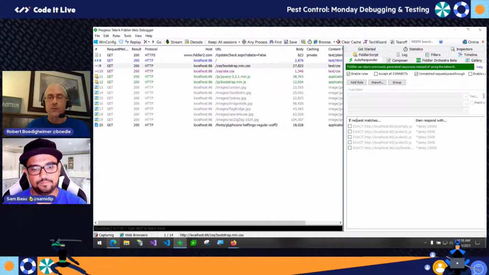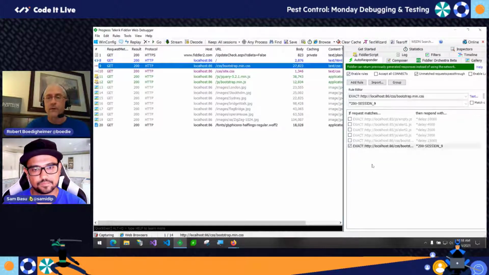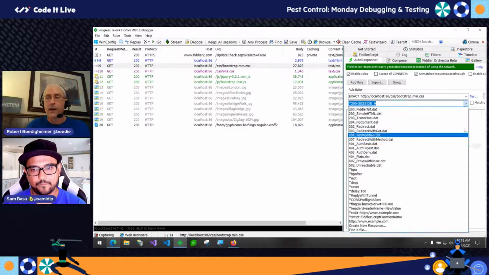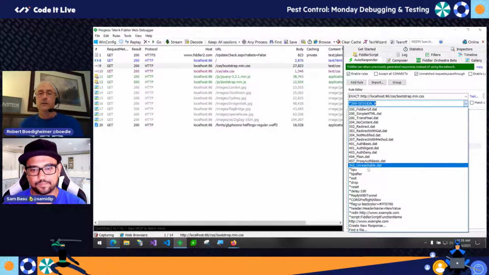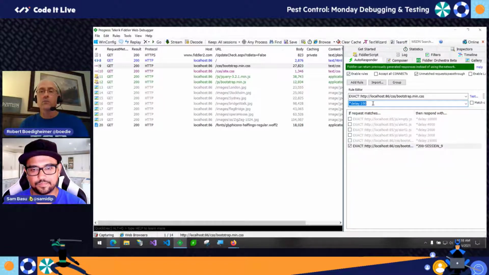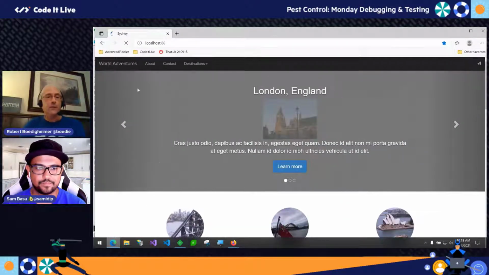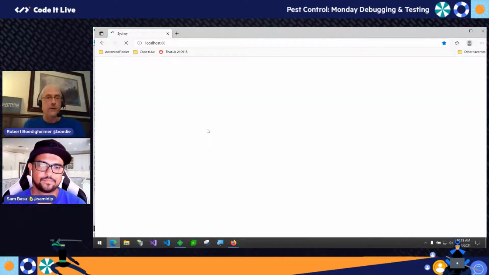So I can go into AutoResponder here, and you can do this also in Fiddler Everywhere. It has rules, but I can drag that CSS over, and I can say, what do I want to do? I actually want to add an artificial delay here. I want to make this intentionally slow. This is in milliseconds, so I'm going to make that 15 seconds. I'm going to save that. Now, if I go back and run this, I can see what my customer experience is going to be like. You can see how it's just spinning. That's what my customer experience is if my CSS is slow.